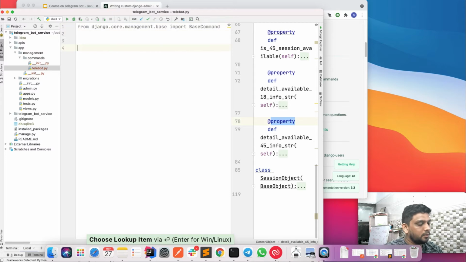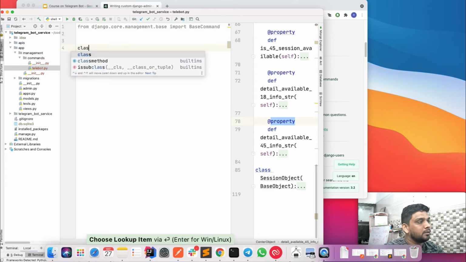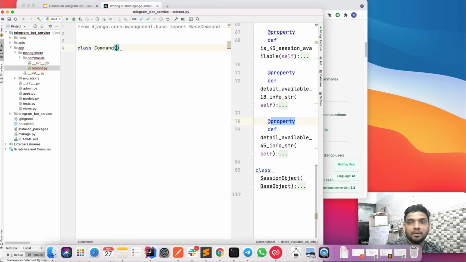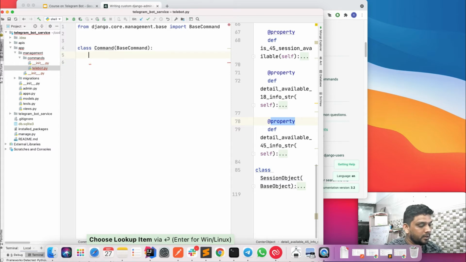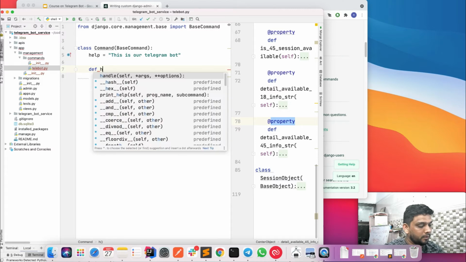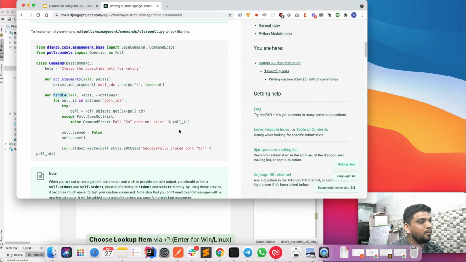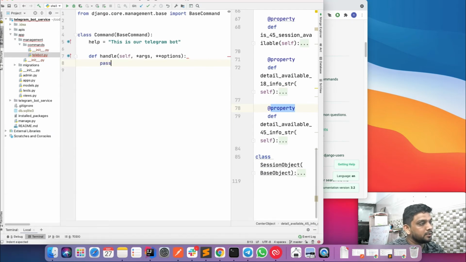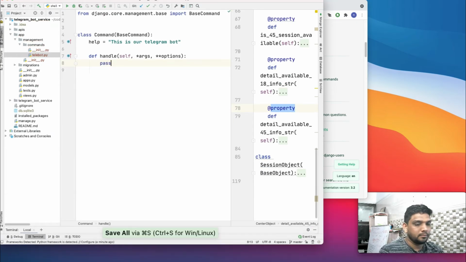We need to import BaseCommand, and then create a class Command, which should inherit from BaseCommand, and there we can write a help text. We can say help, this is our Telegram bot. And there we need to define the handle function, as we saw in the docs. The handle function should have the functionality which we want to run.